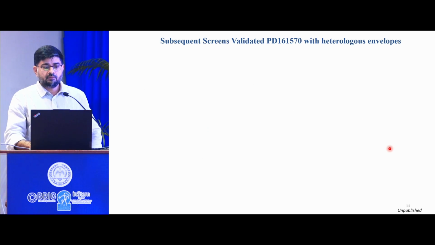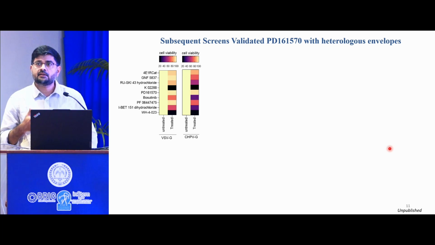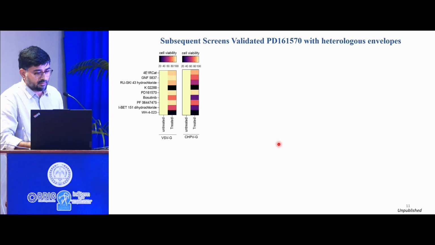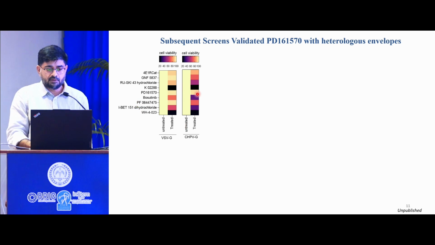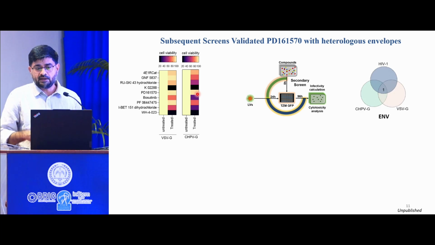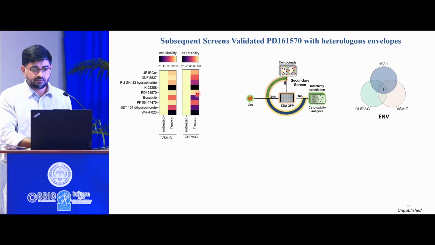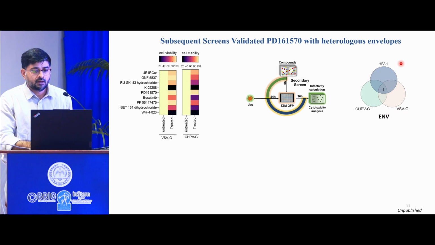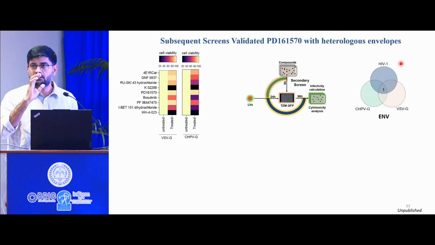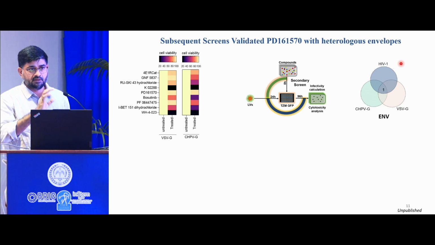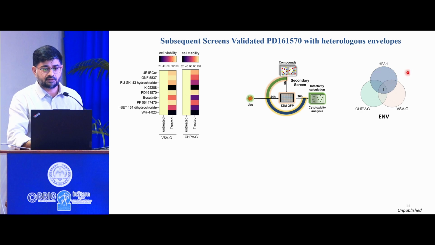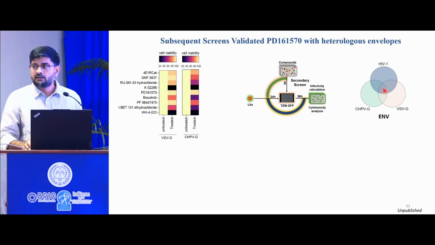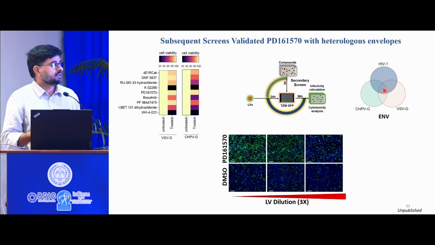So, we performed a subsequent screen that included criteria like cell viability, because in these conditions these compounds can often become toxic, and as you can see, some of them are really toxic to the cells. On top of that, we added additional criteria. On top of the two envelopes used in the primary screen, we added the native envelope, that is the HIV1 envelope, to make the events only post entry, so that receptor tropism and all those aspects are not affected by these compounds. And we found, interestingly, one compound that was invariably increasing the transduction efficiency.